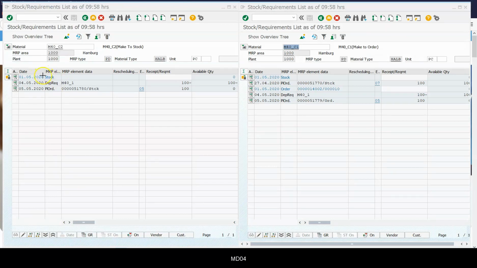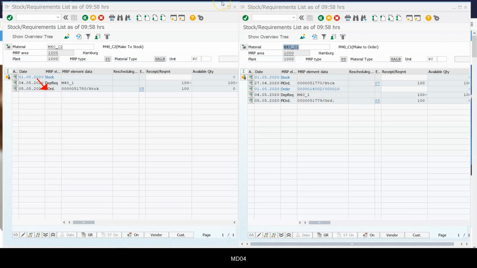Here you can see there is only a dependent requirement and planned order. This is a make to order scenario. And here, sorry, the left side is make to stock M40_C2 and M40_C1 is make to order. Now you can see there is a planned order already generated for that, and that planned order has a sales order attached to it.